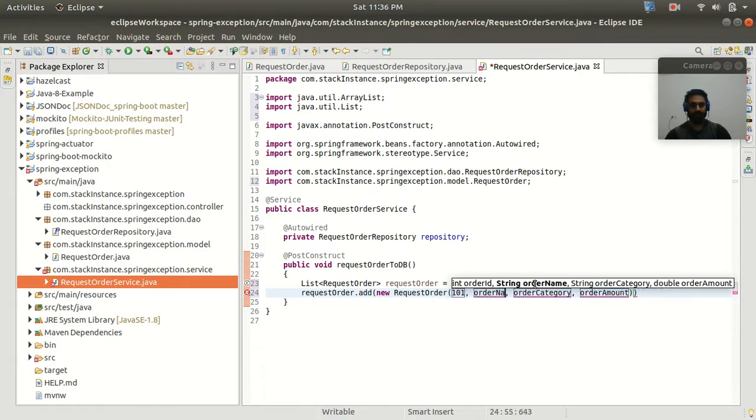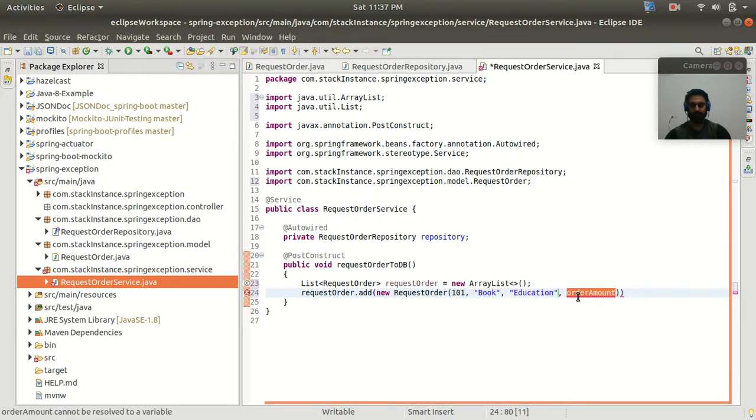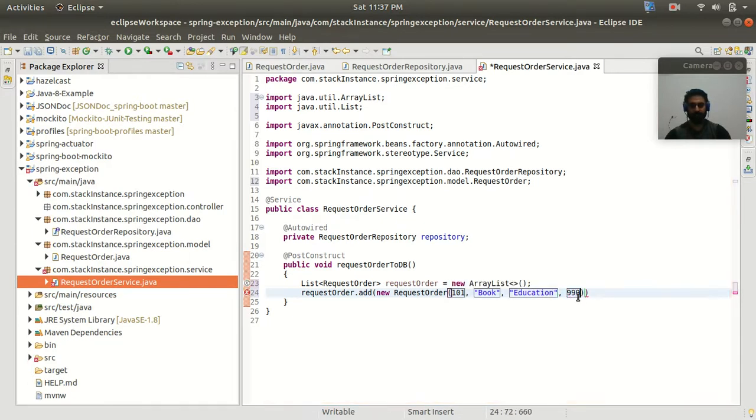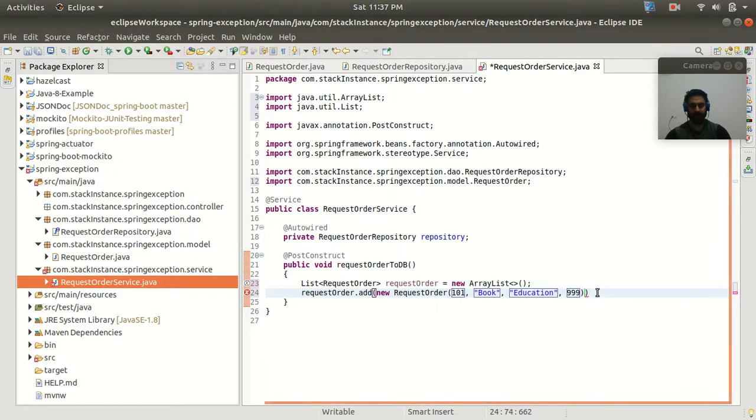So the order name I will keep as, let's say, book, the order category I will pass, let's say, education, and the amount I will pass as 999 rupees.